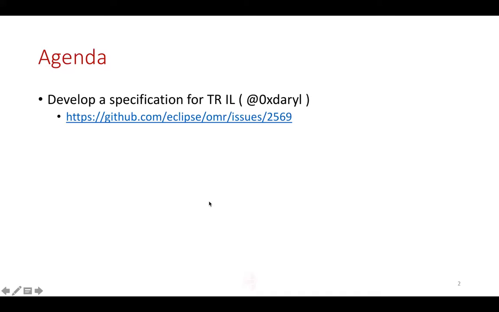So if we didn't allow extension, that would mean that any sort of operations, and I guess you can look at OpenJ9 as an example, any sort of operations that OpenJ9 is doing right now would have to either be expressed in the current set of opcodes that we have in OMR, or would be allowed to introduce those opcodes, perhaps being very language specific or VM specific, into the set of IL that we have.